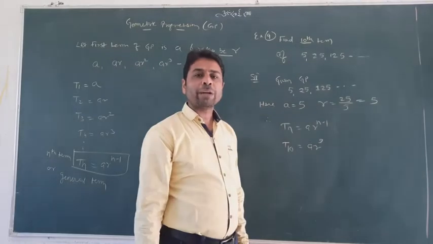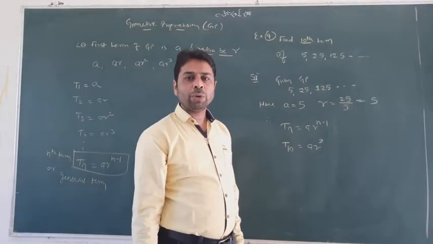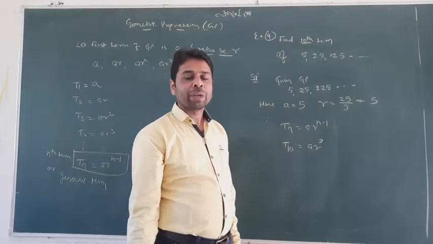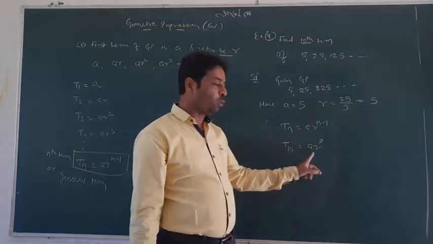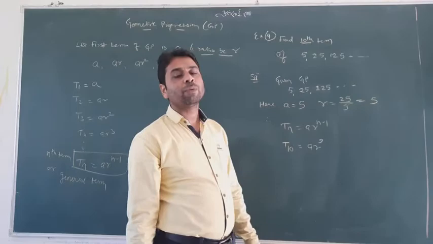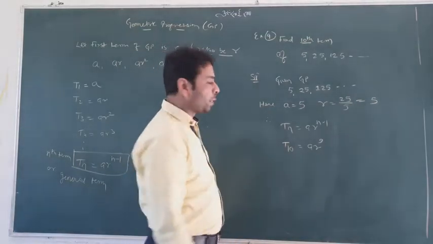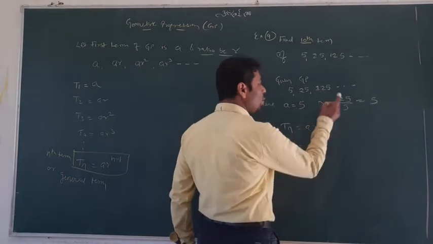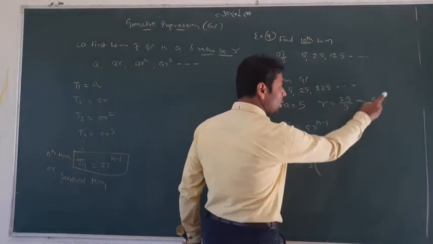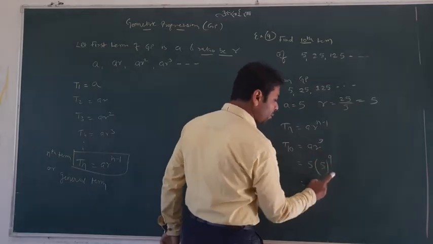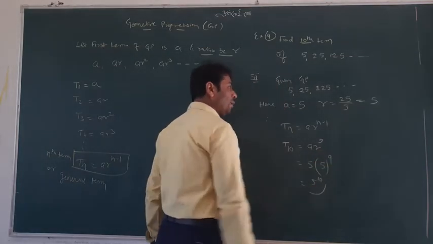So also make a trick in your mind that, as you know, in AP you used to write T10 equal to a plus 9d. Same as here, it's T10 equal to ar to the power 9. One less power will be there as far as the term is concerned, you remember please. And go on to the values. a equal to 5 was there. Ratio is equal to 5 is there. 5 into 5 to the power 9. 5 to the power 1 and 5 to the 9 will be 5 to the power 10. 5 to the power 10.